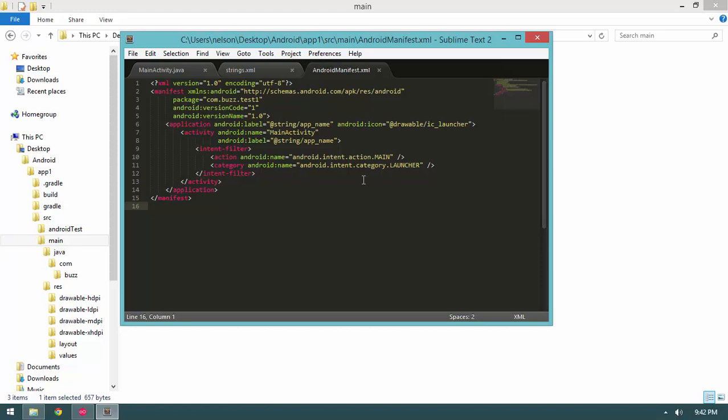Now, what do I mean by contents? Well, it describes contents and metadata. But as far as contents, Android has a handful of base classes that we use to interface with the operating system. It has a handful of things that it understands about that we subclass in our code so that we can hook into the operating system. You've already seen an example of one of them, and that's the activity. So an activity is a base class provided to us by Android, and it allows us to interface with Android through the activity API. And Android knows how to instantiate it, how to create it, how to manage its lifetime,